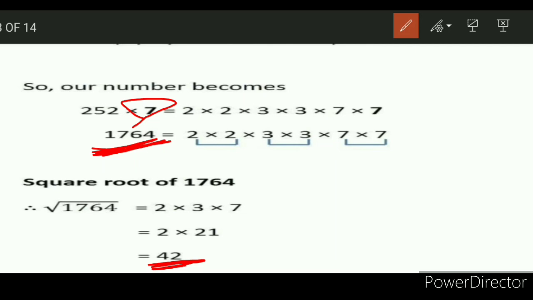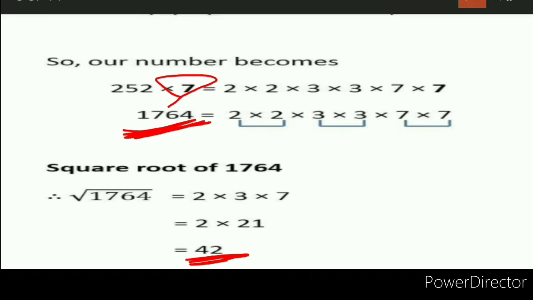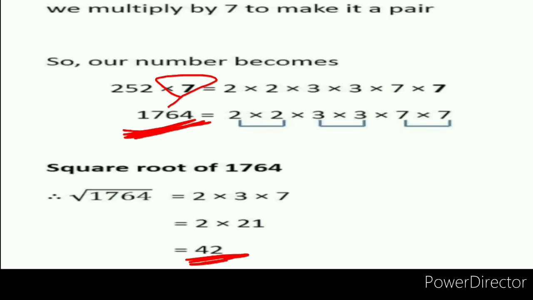It's very simple, but you should answer the 3 sub questions. Just find the prime factors. Which digit is not repeated an even number of times? That same digit you should multiply on both sides. On the left hand side you will get the square, on the right hand side you will get the square root. Copy down.